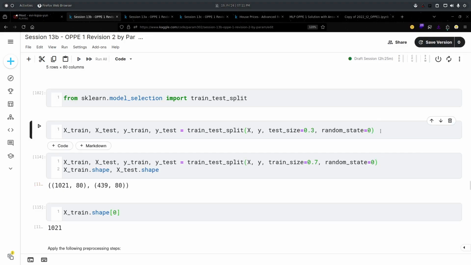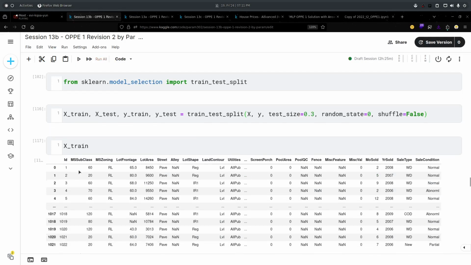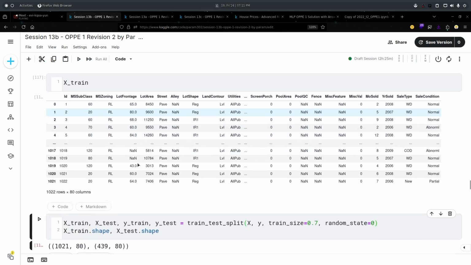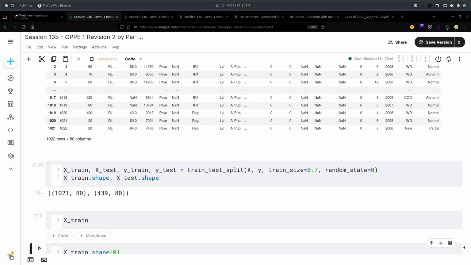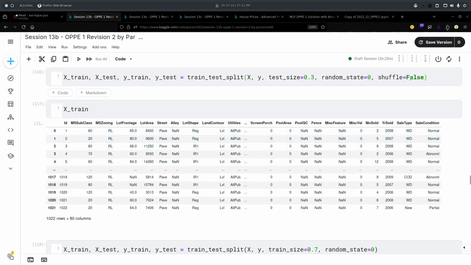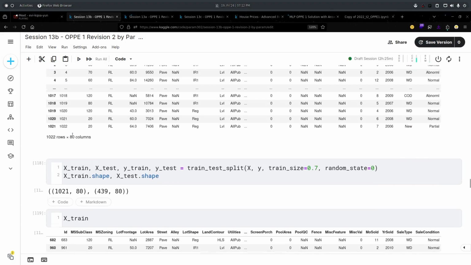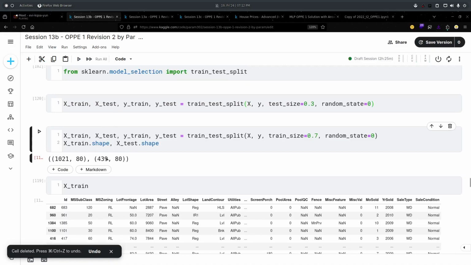Let me show you. If we check, I'm getting values in the range of 1, 2, 3 and so on. And if we don't shuffle, then we get different values. If we see extend, then this will be shuffled up. So once you set shuffle equals false, you will get values like this. That is simply shuffling. Shuffle doesn't matter much. So yes, I'm getting X test shape 438 comma 80 and 1022 in extend. I don't know, have you set this like 0.7?